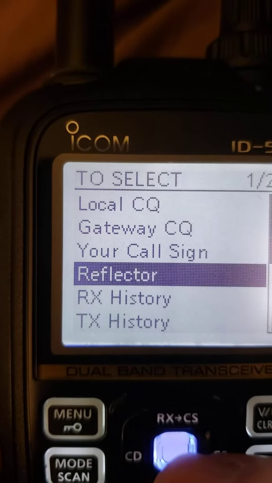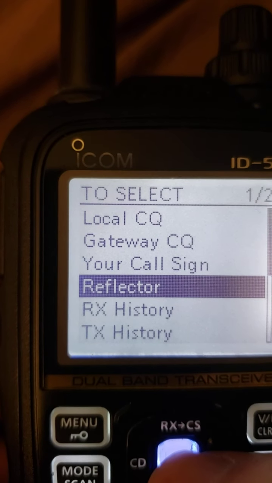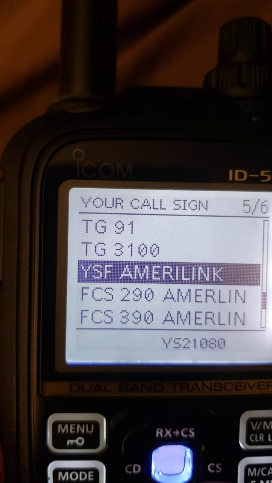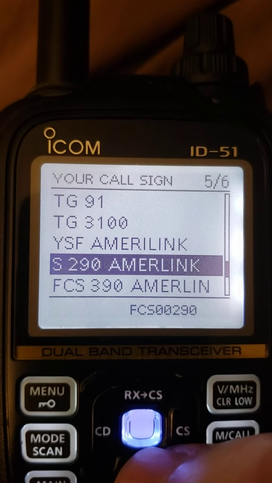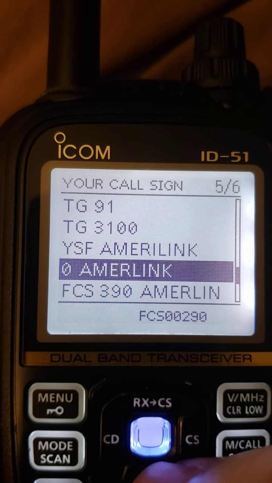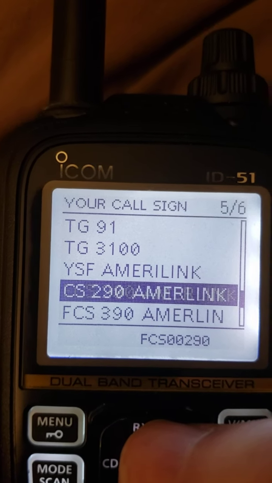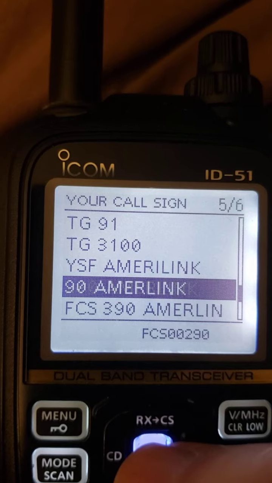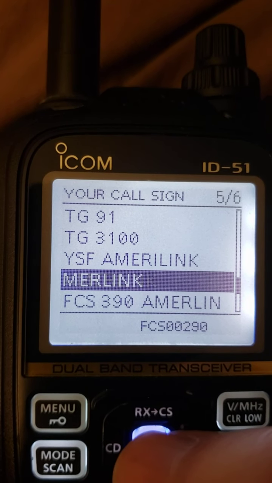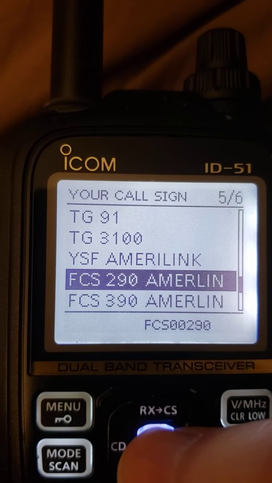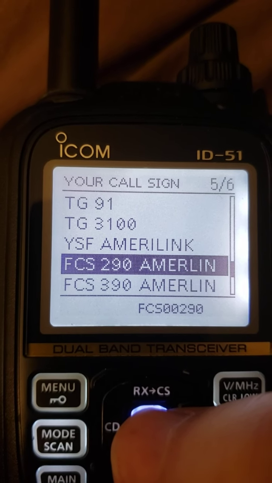Okay, once again, let's go to an FCS reflector in the Fusion world. Back into your call sign. I've stored 2 of them. FCS reflector America Link and FCS 390 America Link. These are just 2 examples, and you can load up whatever ones you want once you get familiar with what's over there. The command for linking up to FCS reflectors is FCS